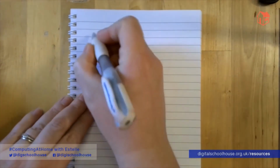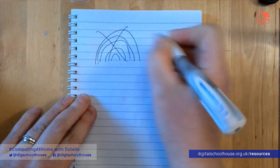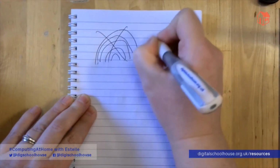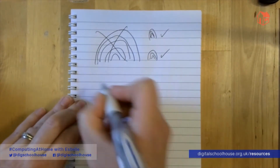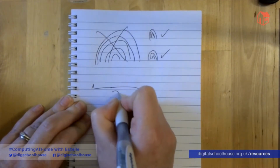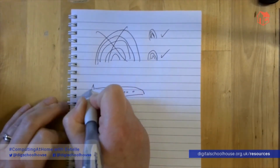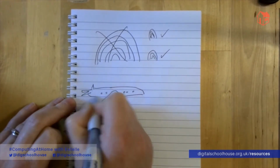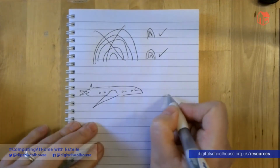Okay, so this is my first one. Okay, that's my first one. And my second one. I hope that you can tell what my drawings are. Okay, that's my second one. My third one is going to be